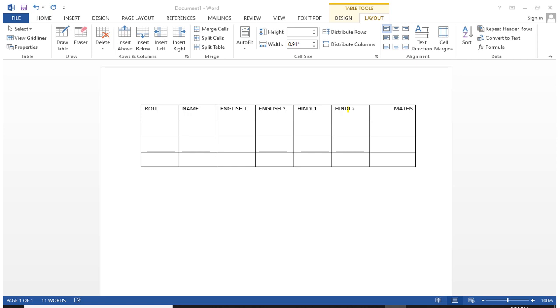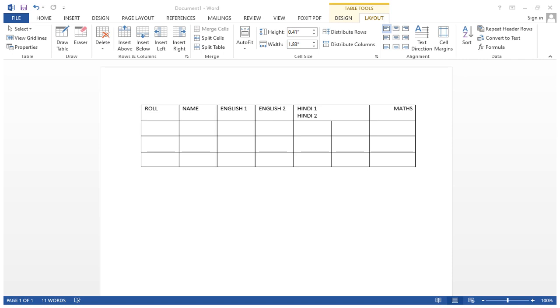Then I click on the layout tab and then on merge cells. As a result, Hindi 1 and Hindi 2, which were two separate cells, are now merged into a single cell.